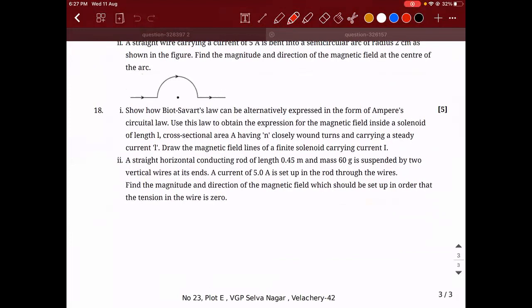No, actually, you need not show this, because we don't have the proof for it. The question came this year and all, it is removed. This is actually according to last year's concept, so you need not worry about it. But you know how to derive the magnetic field due to a solenoid using Ampere's circuital law, right? Yes, sir. That is enough. I'll give marks for that. So don't worry about it.